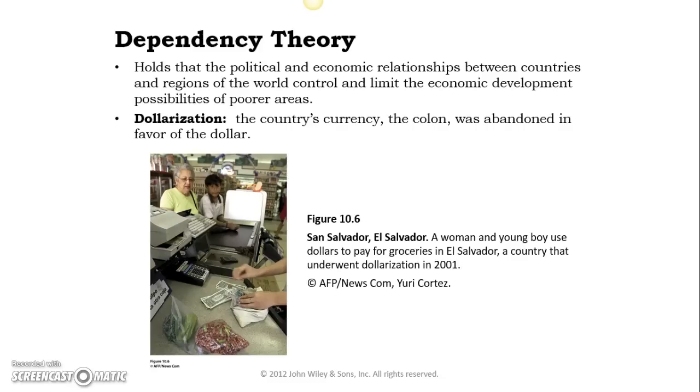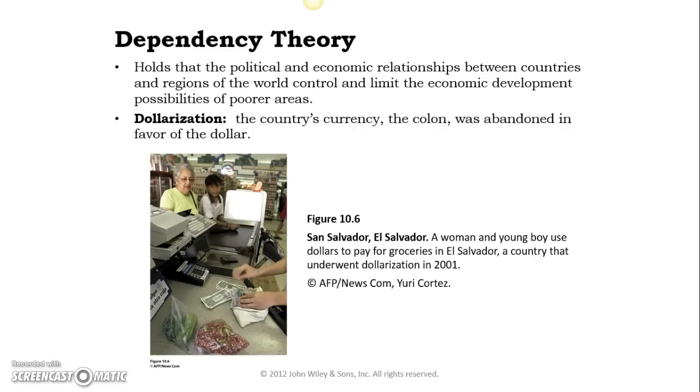Okay, so for instance, another way that those economic relationships are shaped is the choice of a country to adopt the currency of another country for the purposes of economics, right? A really popular thing to do is what's called dollarization, which is to say that we take a country's currency, for instance, the colón from Venezuela, or from Colombia, sorry, I think the colón's from Colombia, but at any rate, and say we're just not going to use that anymore, and we're going to make everybody trade those in for a set rate of dollars, and now we're just going to use US dollars for all of our buying and selling and things like that.